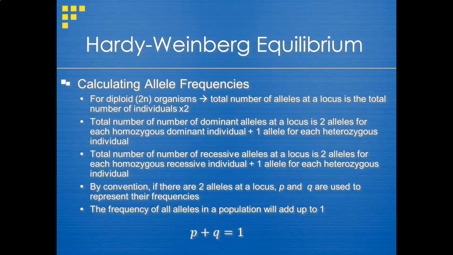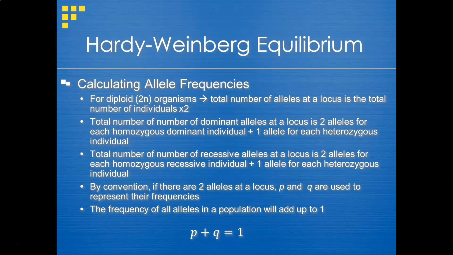Okay, P is your dominant allele. What's the frequency of the dominant allele in the population? Q is the frequency of the recessive. And so if I look at this from a mathematical standpoint, the portion of my population that's dominant, in this case represented by P, plus the portion of my gene pool that is represented by the recessive allele, in this case Q, if I take those frequencies and add them up, they're always going to equal 1